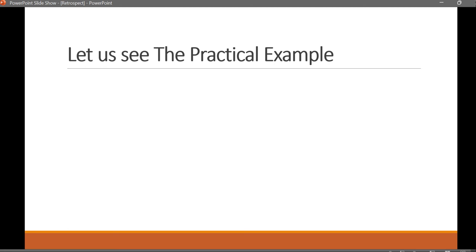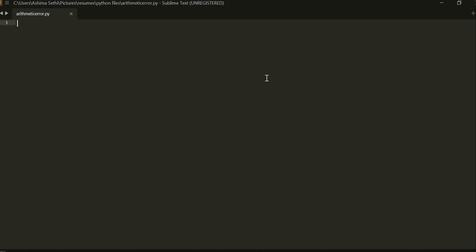Let us see a practical example before I explain what this error does. Let's suppose we have opted that a customer can give us two numbers and we need to do the division of those numbers. For that, first we need to take input from the user. So let's say number1 will be equal to input, enter the first number.